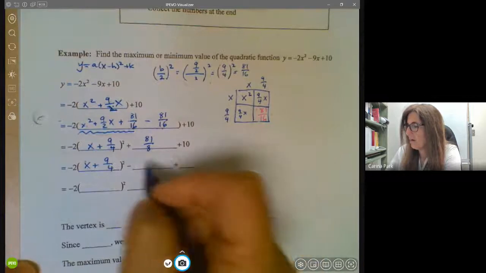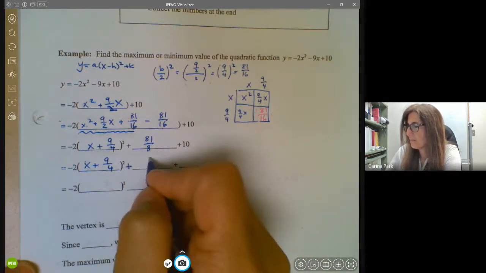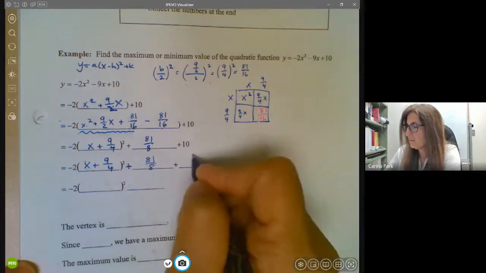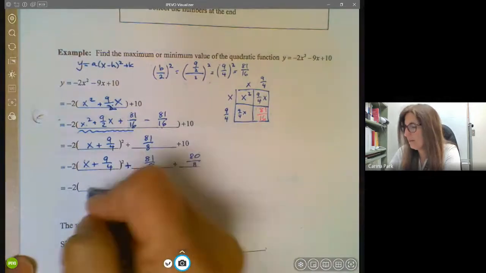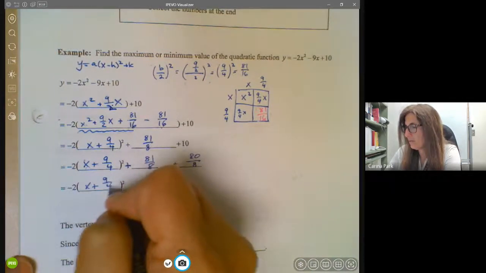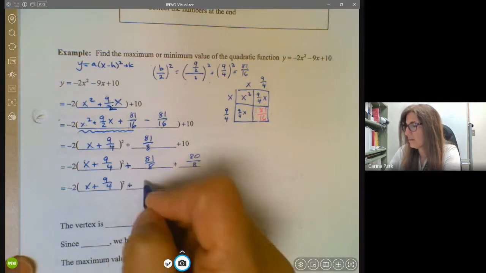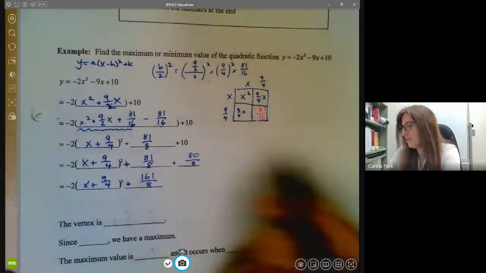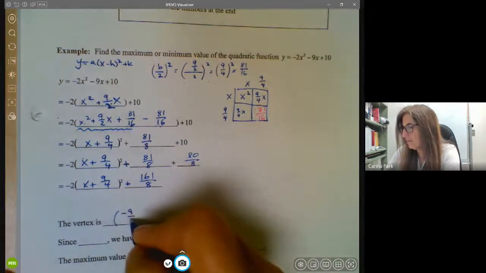And here, I just need a common denominator. So this actually is plus 81 over 8 plus 80 over 8. All right, and then I'm done. X plus 9 over 4 squared. I'm going to add these two. I'm going to get plus 161 over 8. Okay, and so the vertex is from here, -9 over 4